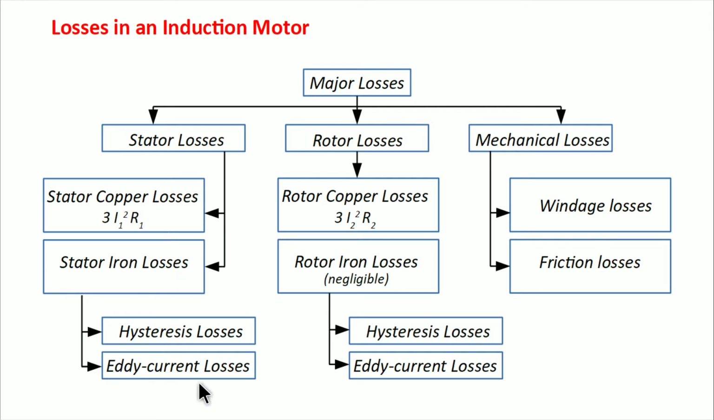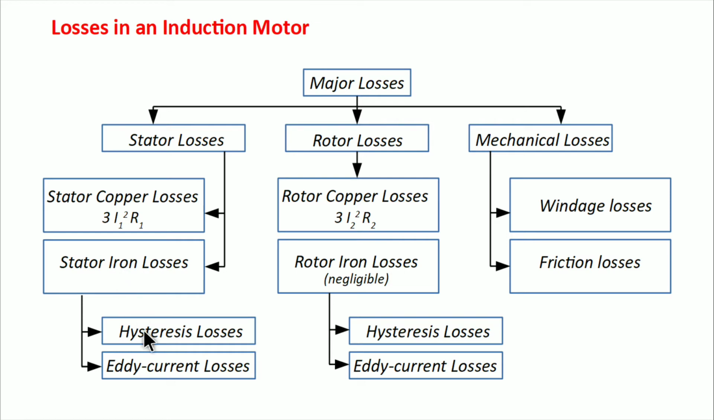That is one type, eddy current losses. The other stator iron losses are hysteresis losses. These happen in the core due to frequent reversal of flux because AC supply is used. The flux reverses frequently, so due to retentivity of the material, there is a power loss which is called hysteresis loss. These losses can be minimized by